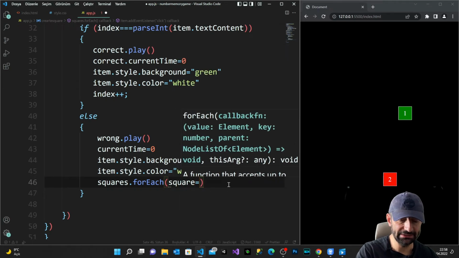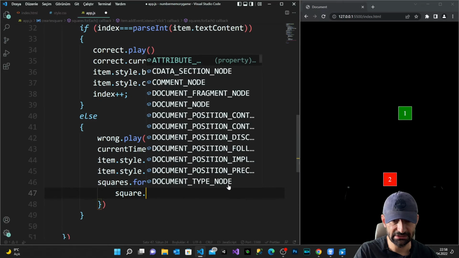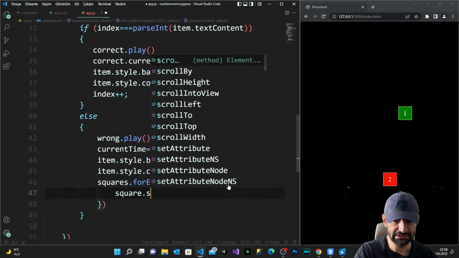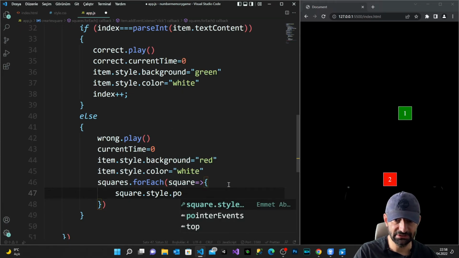Because I can't say once again item because I'm inside the item already. I'm gonna make another for each. I'm gonna say square dot style dot pointer event none,